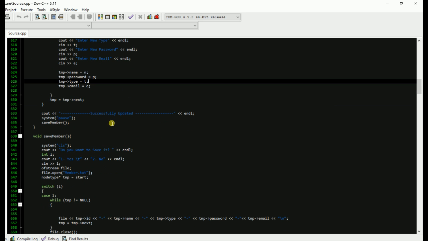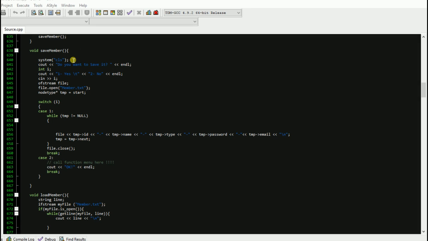After you update it, it will give you the message successfully updated, and the system will pause and it will save the members file as a text file. Save member function is another function that I defined. Save member function will save any details, any information that we give in our application. It will save it as a text file. System cls will clear the screen of our application,